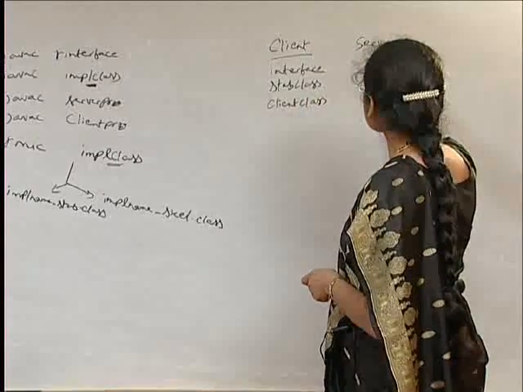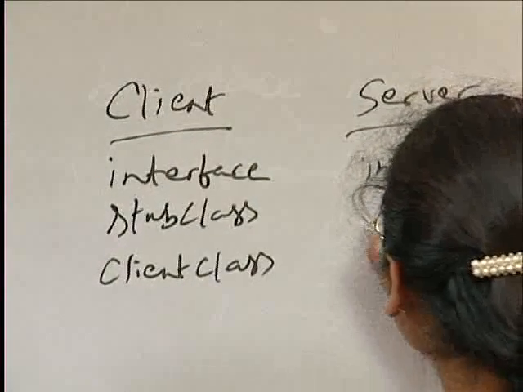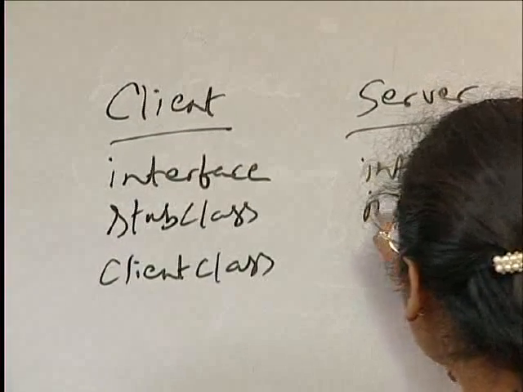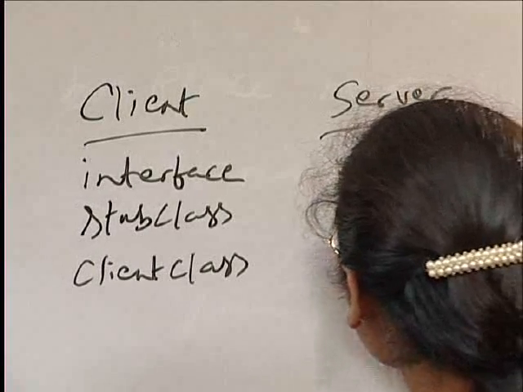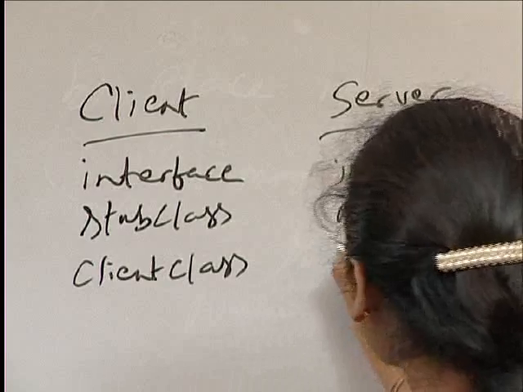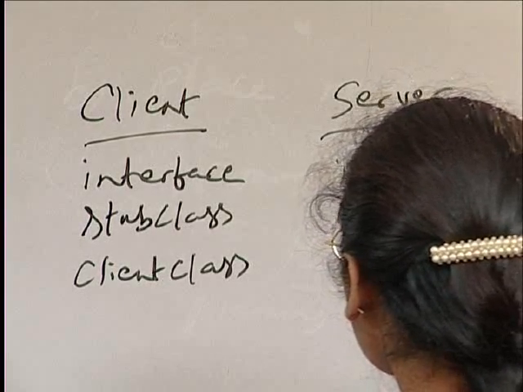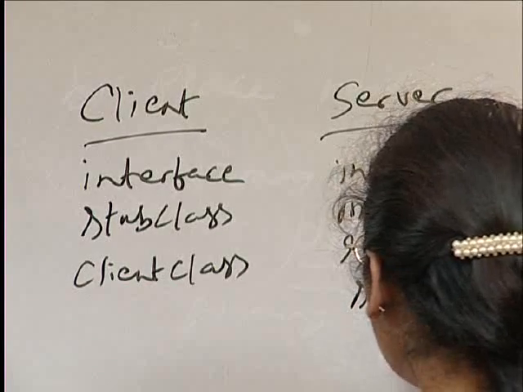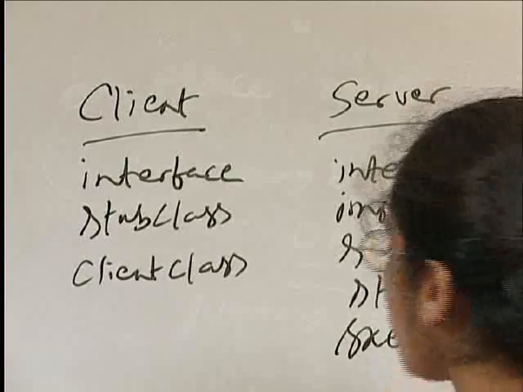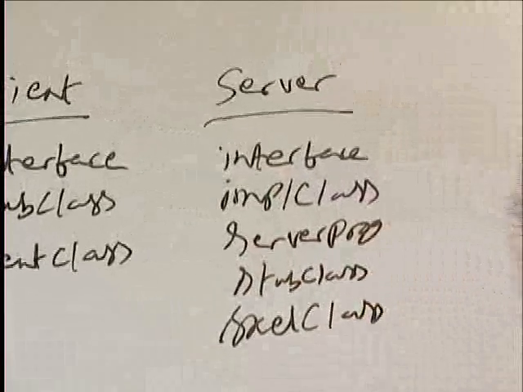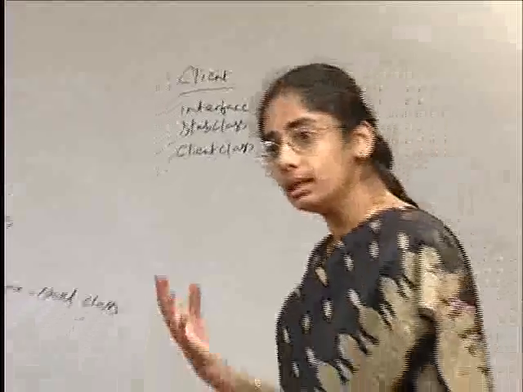On the server side, we require the interface, the implementation class, the server program, the stub class, and the skeleton class. Now the question is, we did mention during the architecture of RMI, the stub is being used at the client side,